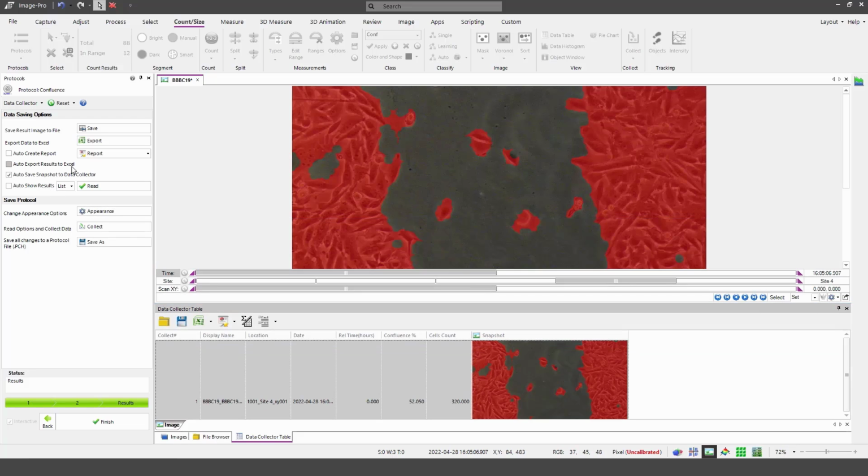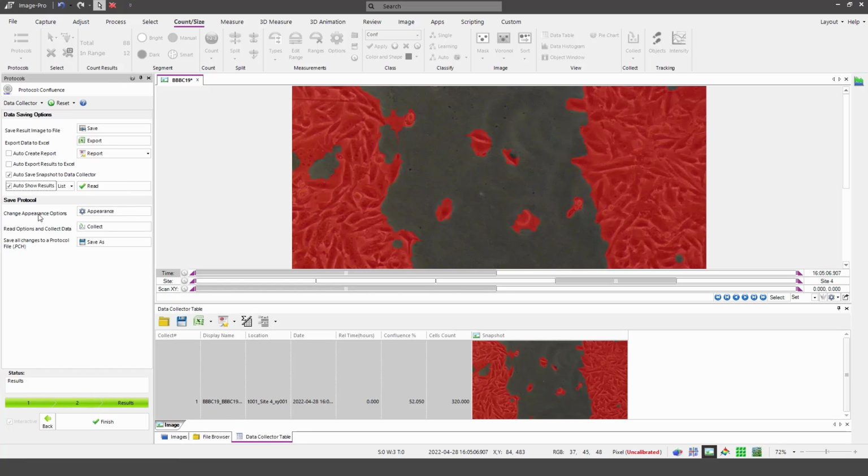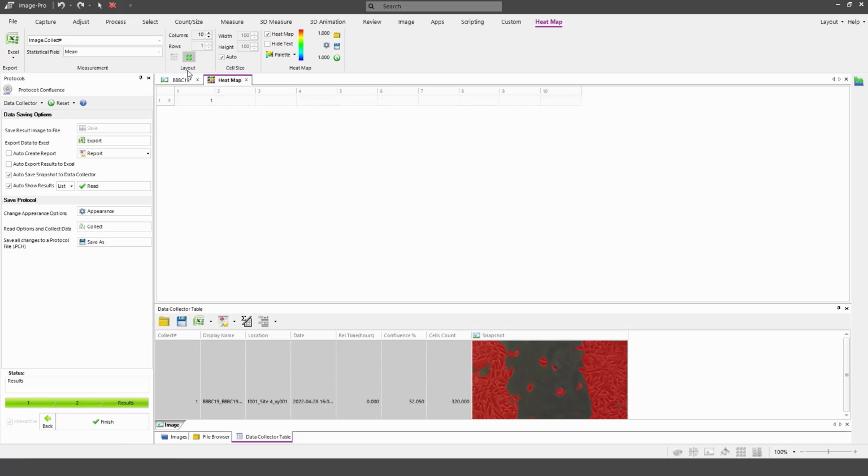Now we can configure the option to auto-create a report, to auto-export results to Excel, to auto-save snapshots to the data collector, and to auto-show data collector views. This is really useful. So I'm going to automatically show a heat map, and in the heat map I want to show the confluence percentage for each field of view analysed. I'm also going to show the block view